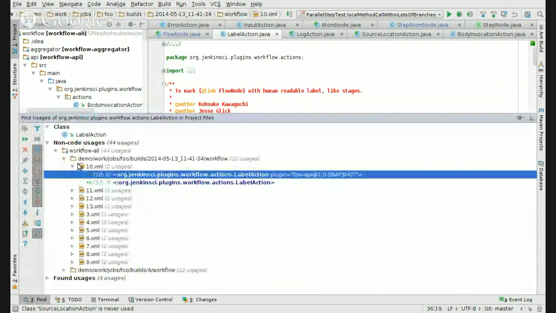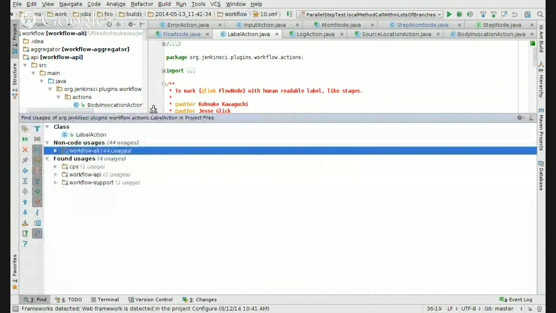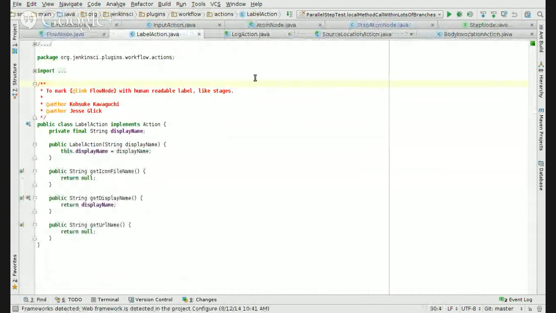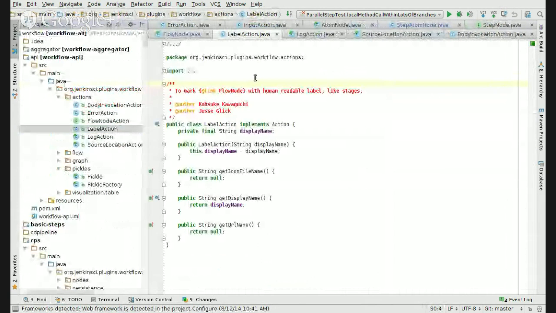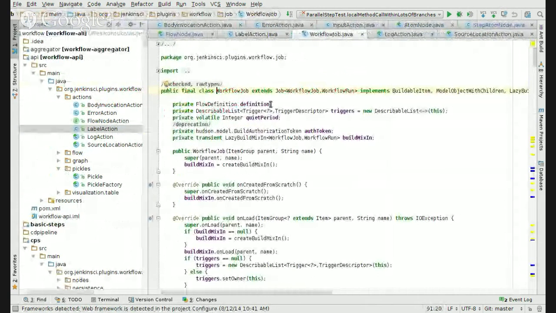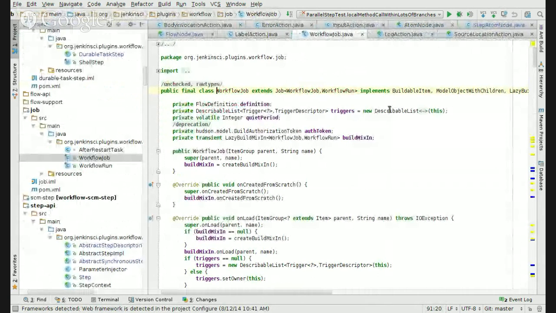And do you want to pop open... We should open up workflow job and workflow run just so people can see those, since we've just sort of alluded to them. So the workflow job is the actual top-level project type